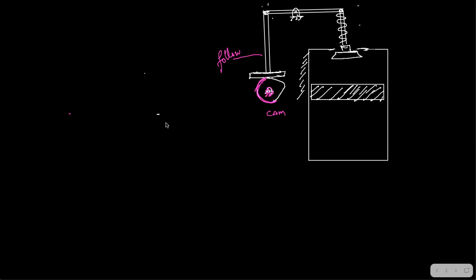Just carefully listen to each and every word I am saying. Fine. So nothing is going to happen to the follower. But once the position of the follower changes, now imagine that it's going to rotate like this. Now assume that this point which is here has rotated upwards, right? Only after it rotates it will come, right? So now the new position of the cam will be like this, right?